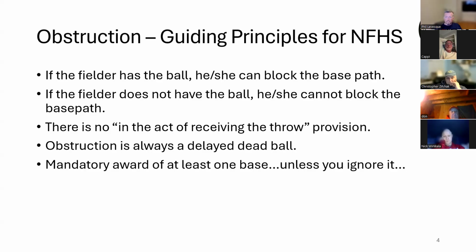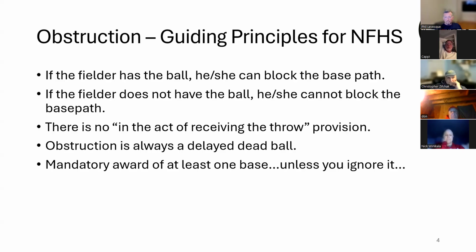And in Federation, obstruction is always a delayed dead ball, mandatory award of at least one base, unless you ignore it. So now I want to talk about the mandatory piece and why you might, quote unquote, ignore obstruction in